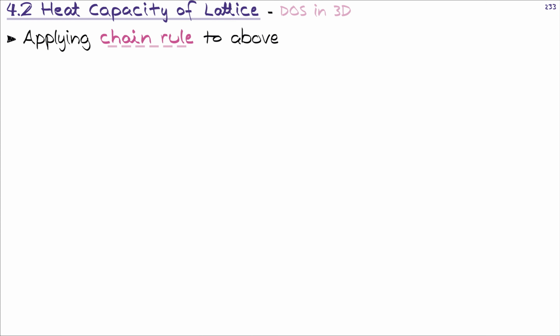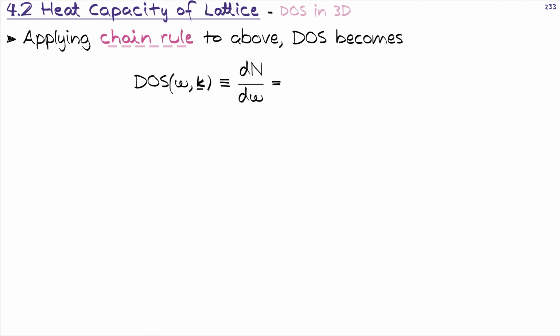And now we can really calculate the density of states. How do we do that? We apply the chain rule. Please recall that the density of states was defined as the derivative of n over omega. We have just found a relation for n as a function of k, so we must now change the variable to omega, and that's where we apply the chain rule. So now we turn this derivative into a derivative with respect to the omega frequency.